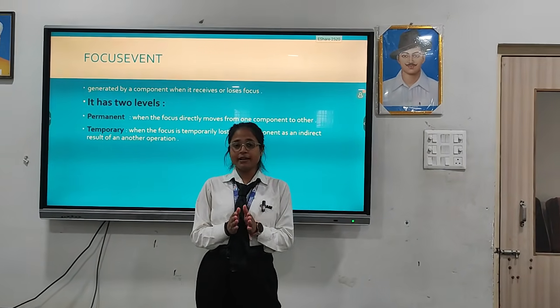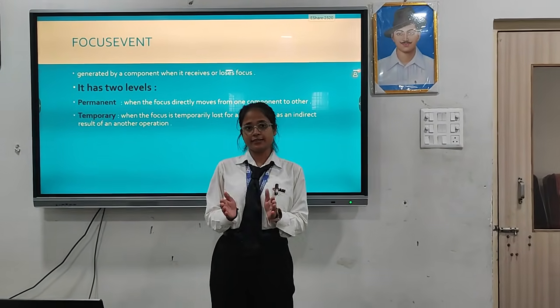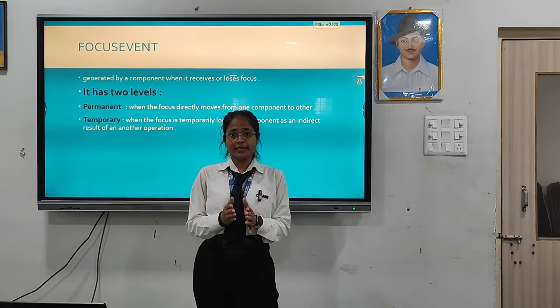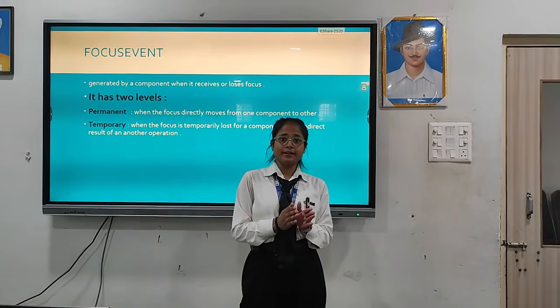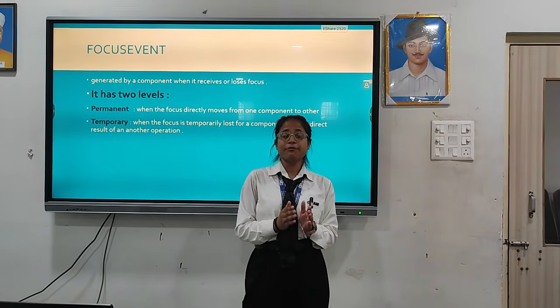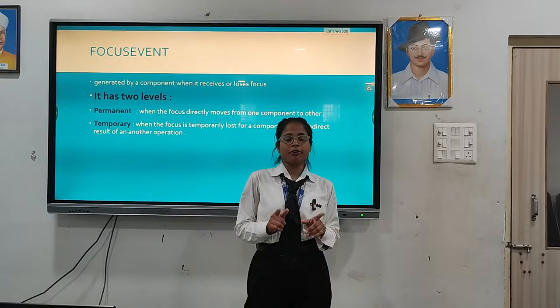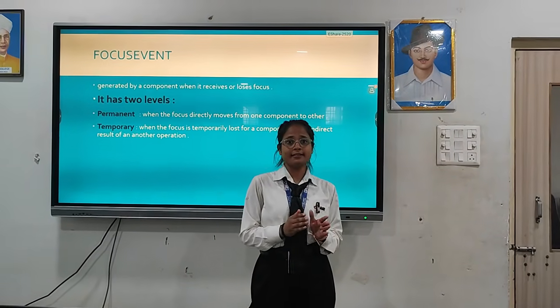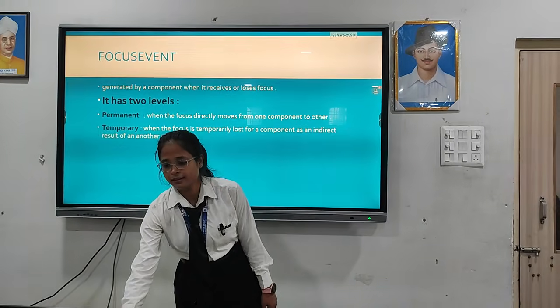Permanent is when the focus directly moves from one component to another, when we use the tab key, then focus shifts permanently. And temporary is when focus shifts for a very short period of time. So if we open a frame and we click a button, then focus shifts for a very short period of time.